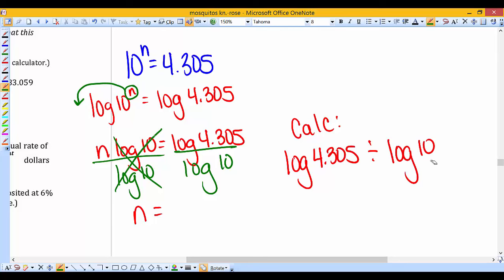And then once you hit equals, so practice this, please. Take a moment, get your phone out, turn it sideways, or get a calculator if you haven't already grabbed one, and find the log button and 4.305. And then I like to hit equals after I do the first log, and then divide by log 10. And my answer, n, will end up equaling, I'll put my answer over here, n equals